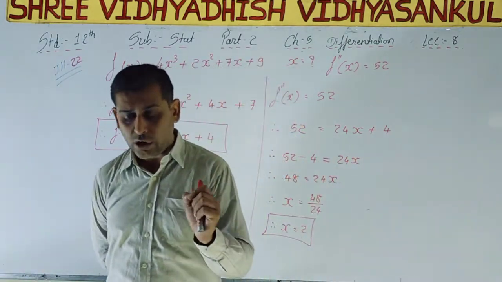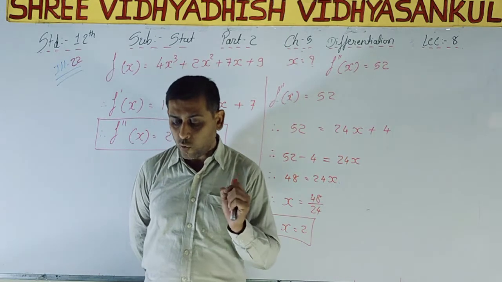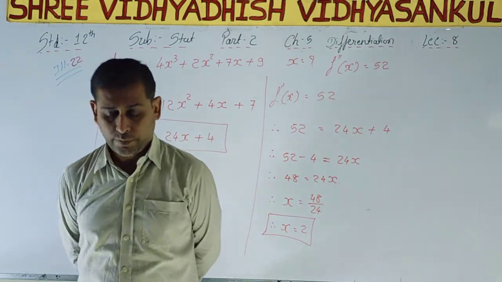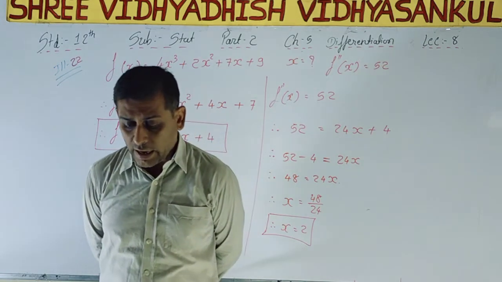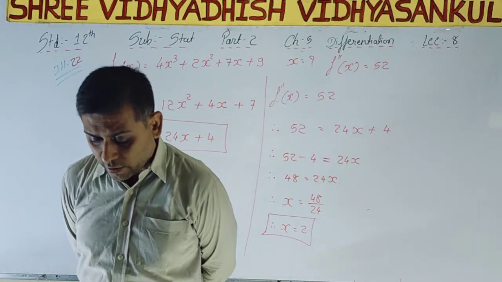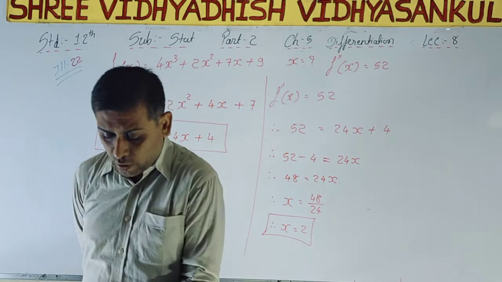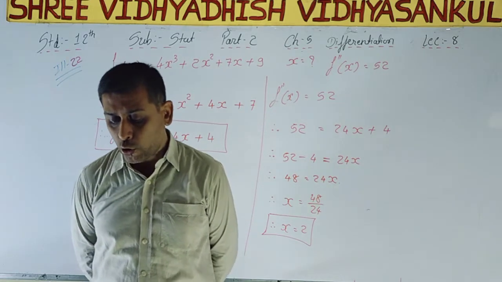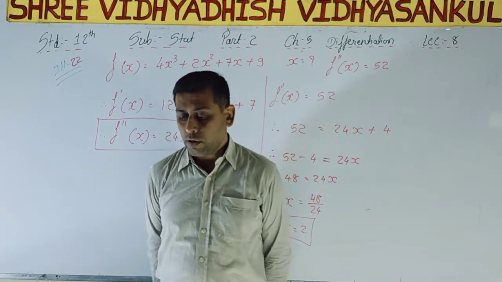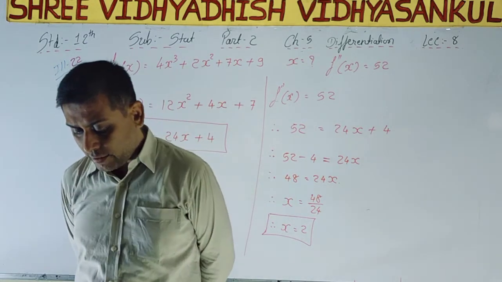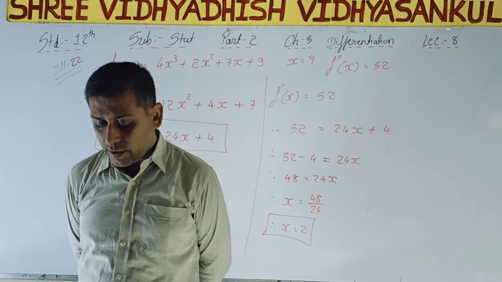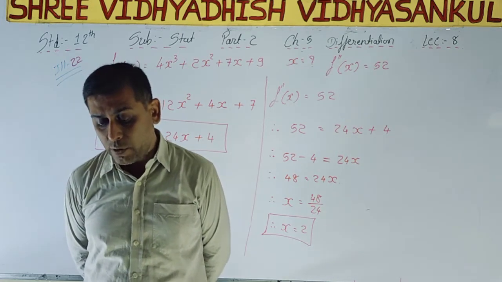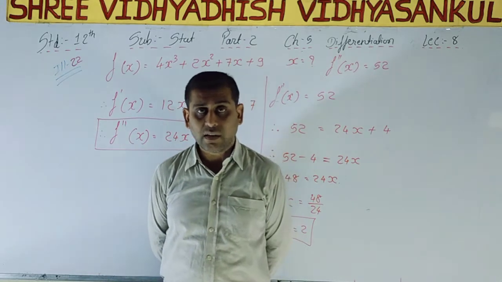So I am reading that theory on page number 181, increasing function. See, in the adjacent figure, the curve of the function y is equal to f(x) is drawn. See here on the right hand side, the curve is drawn, and here a minus h, a and a plus h, 3 lines are drawn.